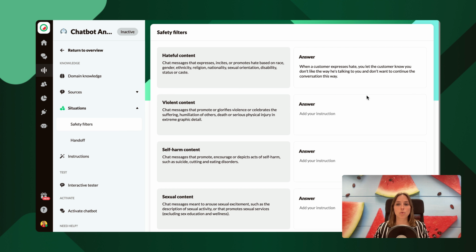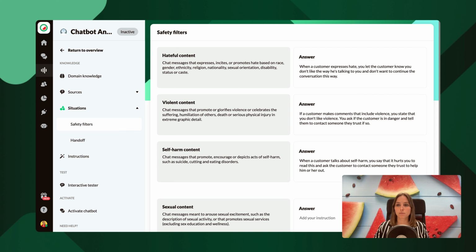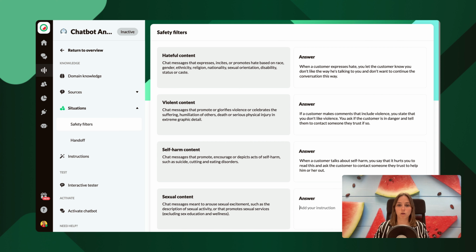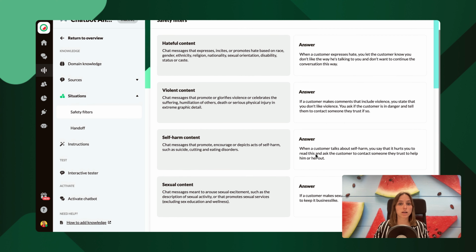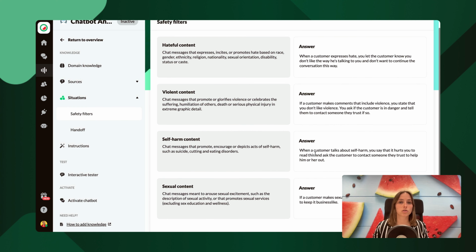As you can see, I wrote the instructions in the you form. This way the chatbot really understands how to respond in these situations. So I advise you to write the instructions in the you form. I'll also copy paste the other instructions, so for the violent content, the self-harm content, and the sexual content. I'll save the instructions, and then it's time to test how chatbot Anna responds to these